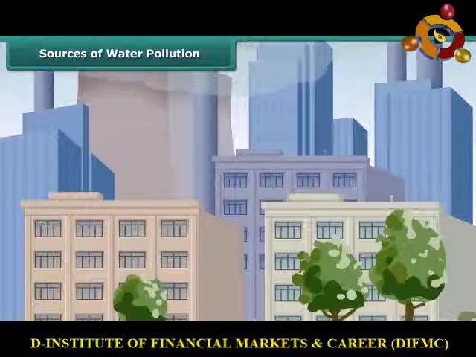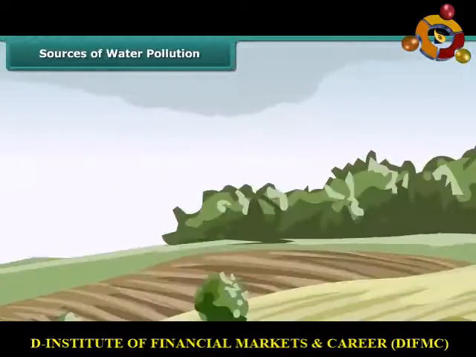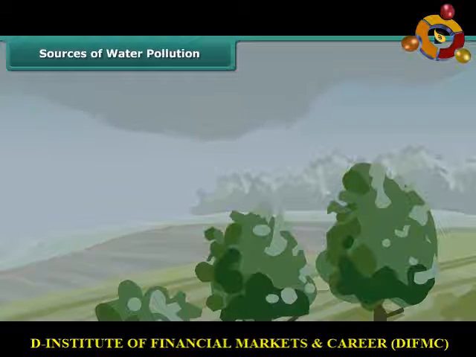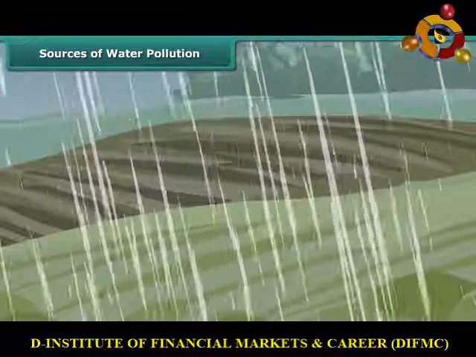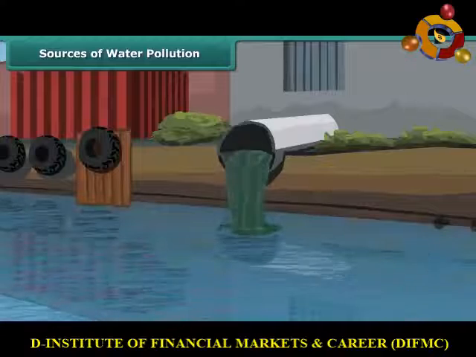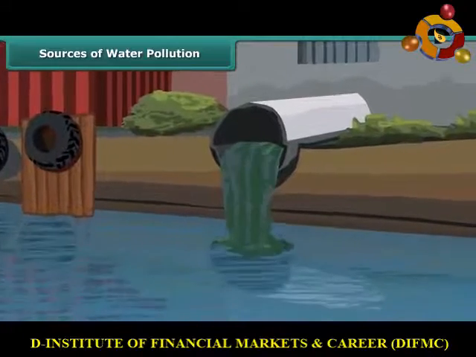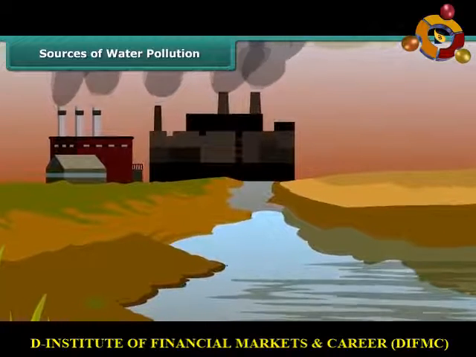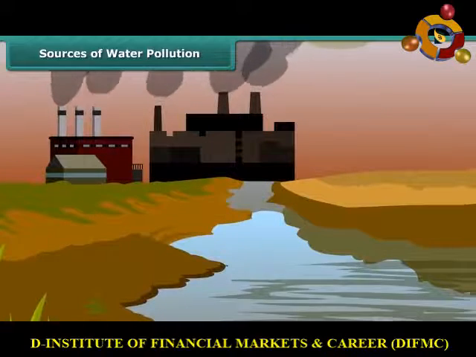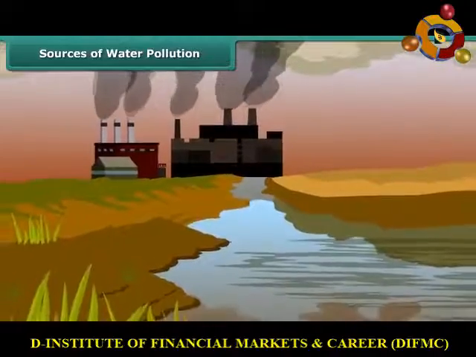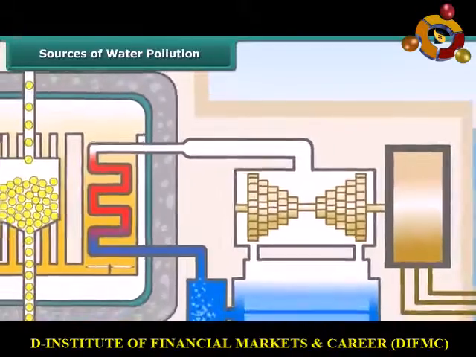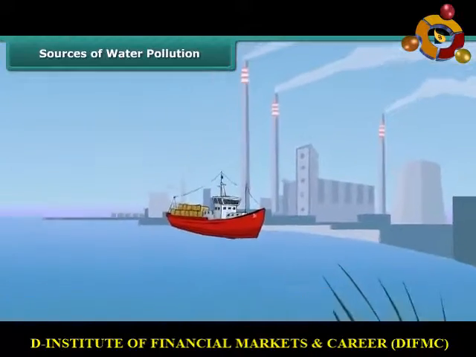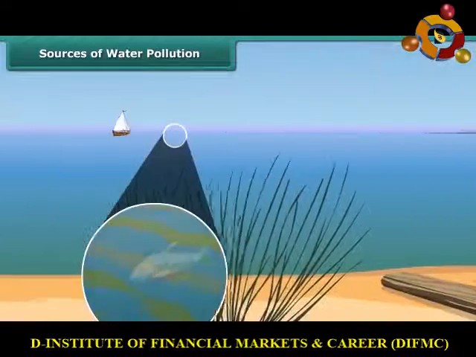Let us look at the sources of water pollution. Pollution enters a water body as acid rain, eroded soil, runoff containing fertilizers and pesticides, as chemicals released from industries, and other waste from cities and towns. The chemicals released from industries like arsenic, lead, and fluorides lead to toxicity in plants and animals. Often the factories and power plants use normal water to cool their machinery and then release hot water. It heats up the water body and aquatic animals die in it.